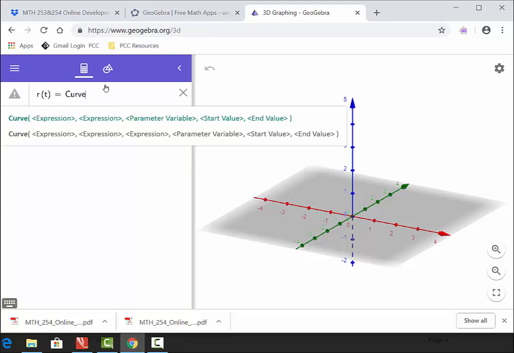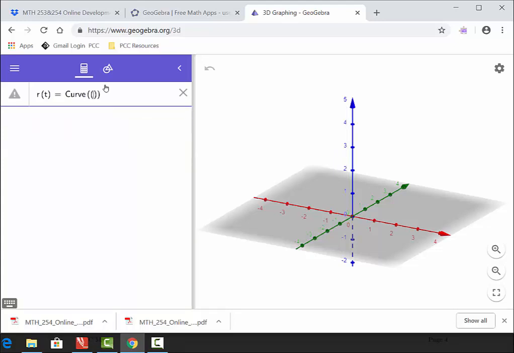So I'm going to type in curve, and then the first thing I'm going to do is type in the expressions for the x, y, and z components of that curve. So I can type 4 times the square root of t. There we go. Now it's recognizing it. It wanted me to put that times in there,